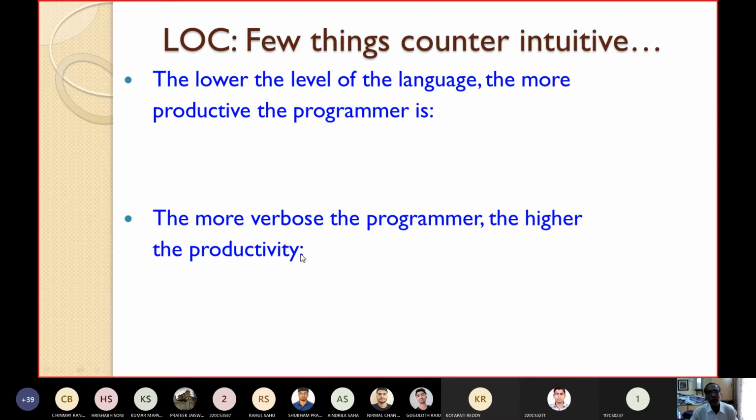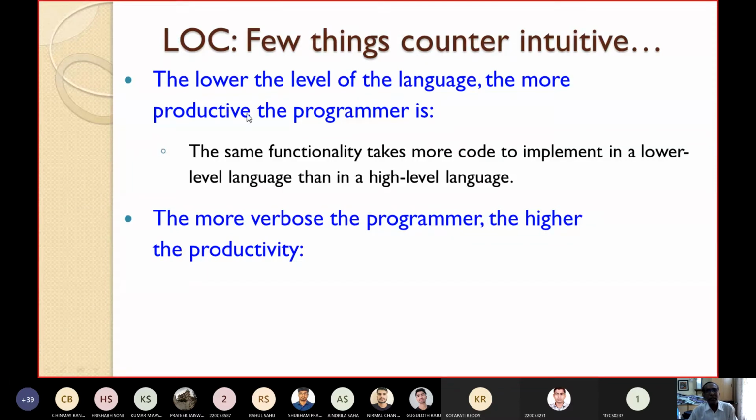Similarly, the more verbose the programmer, the higher the productivity. If a programmer is using a lot of vocabulary or making the code lengthy, it will be considered that the productivity of that programmer is high. But actually that is not true. So these are counterintuitive aspects of the current definition of LOC.